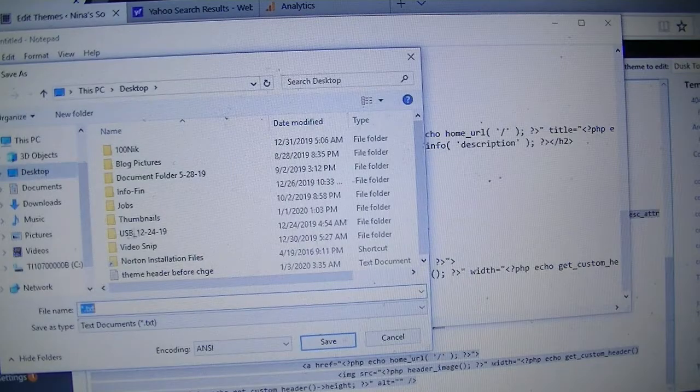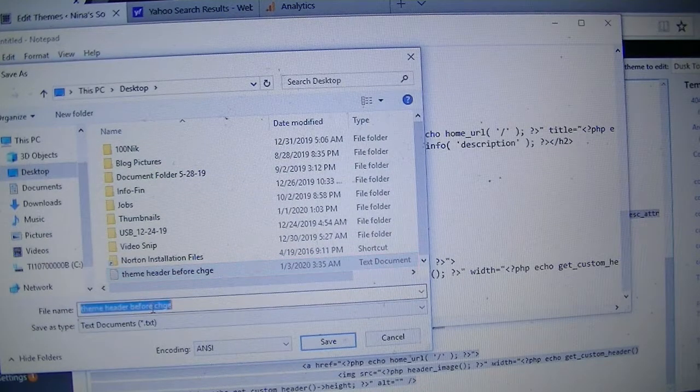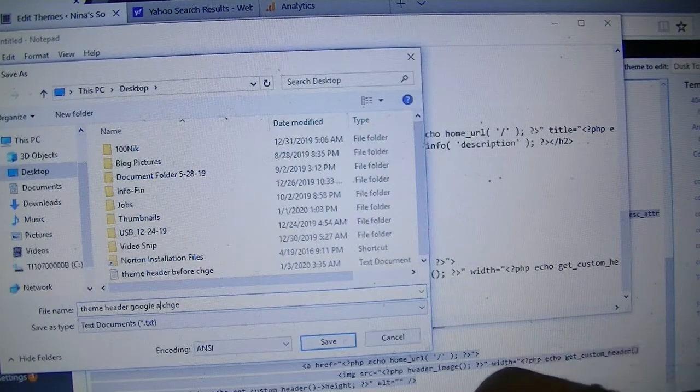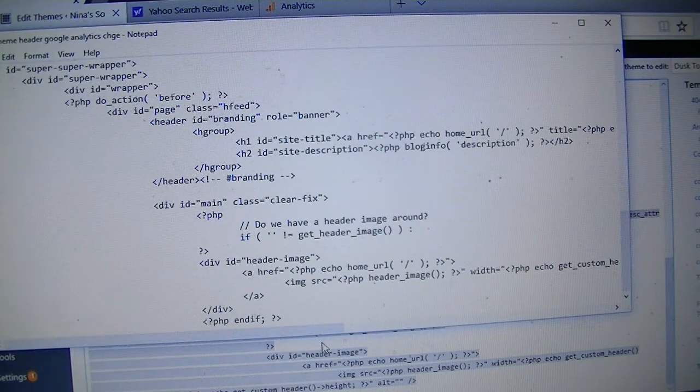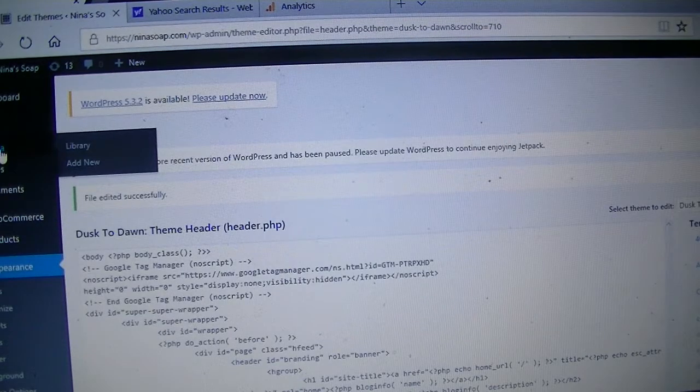I don't know where the other one is, and I'll just put after Google Analytics, change. And now that we save it and we are sure we updated this file here as well, you can just move out of it,